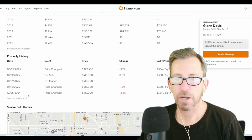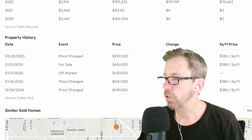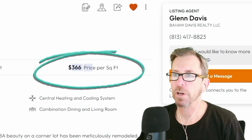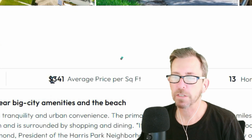All right, so they started out the end of last year at 419, a couple of price changes off the market, then back on the market at 399. So this house is priced at 366 per square foot, and Harris Park on the whole is priced at about